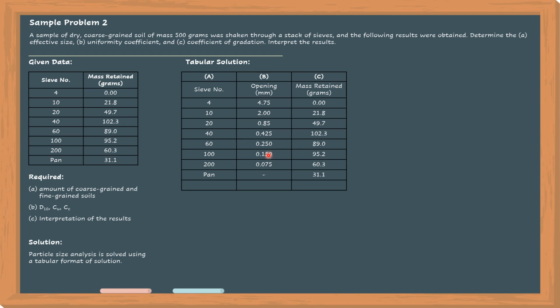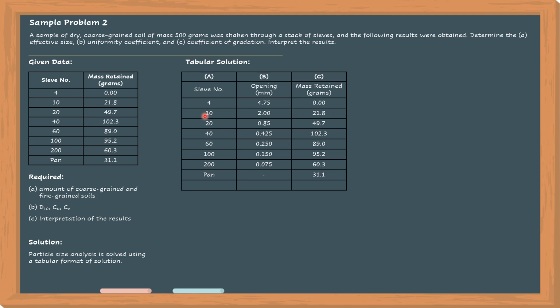If you noticed, the difference between problem number 1 and problem number 2 is that our second column will now be the sieve opening. Because the sieve number does not tell you the sieve opening. So, where can we find the corresponding opening of a sieve? You may download